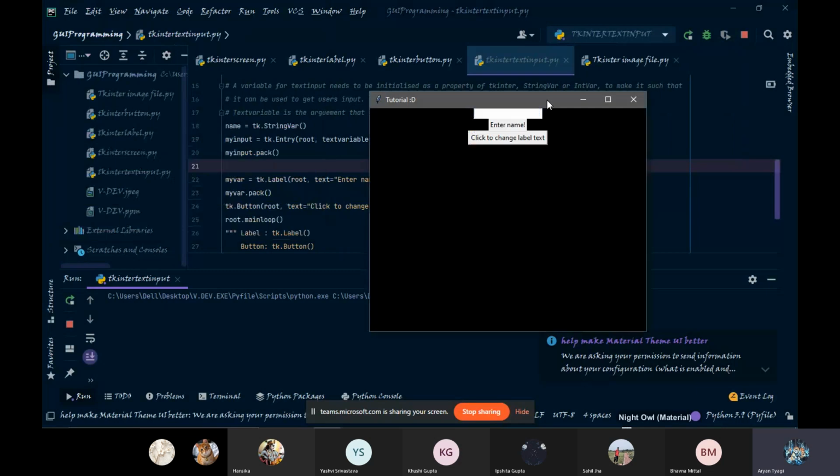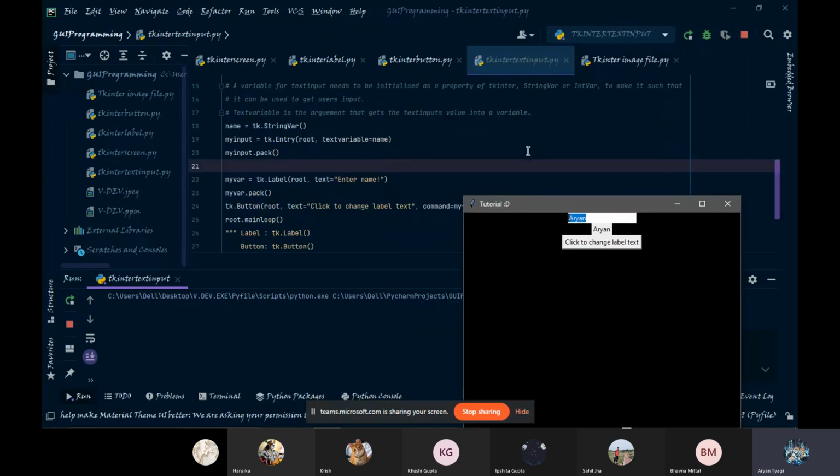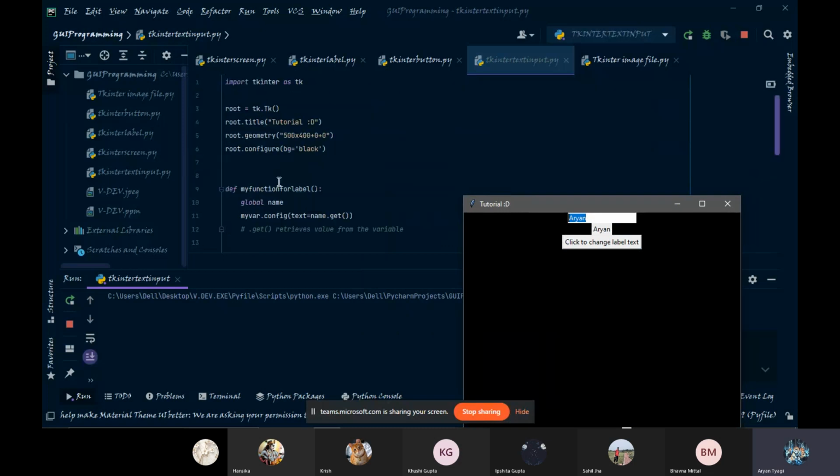So what it will do is that if I enter my name Aryan, and this is the label, this is the text input, and if I click to change label text, it changes the label text to Aryan. So what it does is basically the same. We have the function first, define my function for label, global name, my var.config text